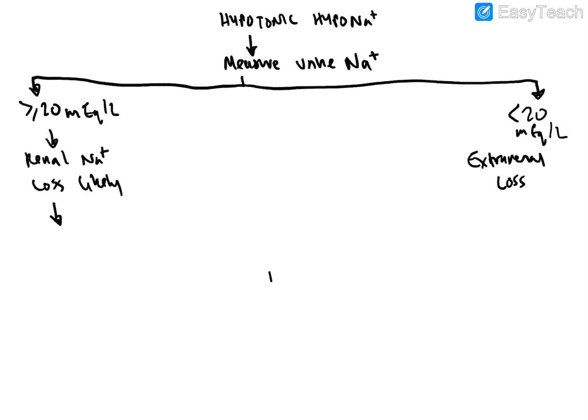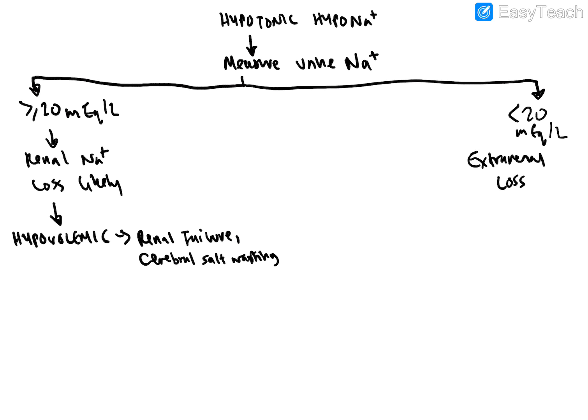So if we're looking at the volume status, reasons for hypovolemic, hypotonic hyponatremia would be renal failure, cerebral salt wasting, and diuretics